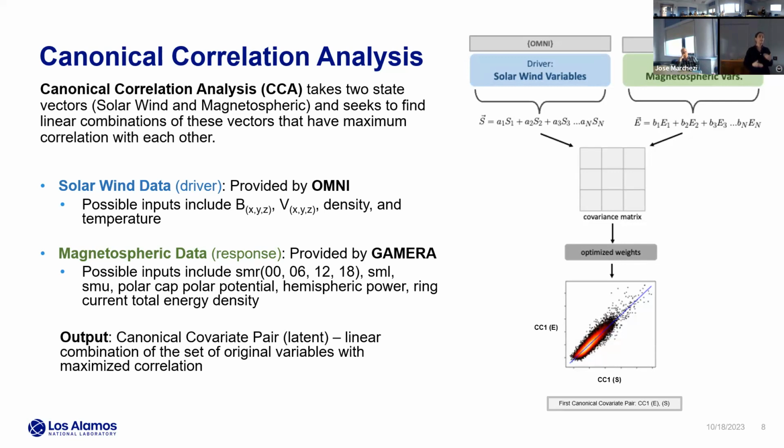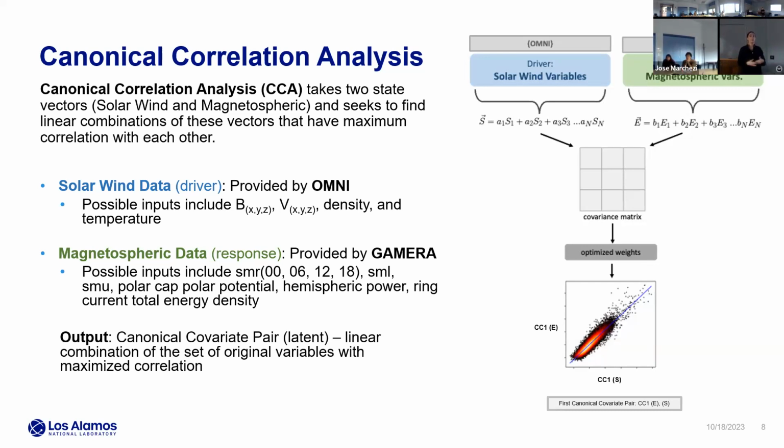Basically, it's going to indicate, is there a linear relationship between the variables in both data sets? Are they related to each other? Of course, correlation does not equal causation, but it is a good starting indicator. And so the coefficients are based on the weights. You can consider that state vector as having weights A1 through N, and then the variables 1 through N. So that's one of the things you're investigating in tuning.